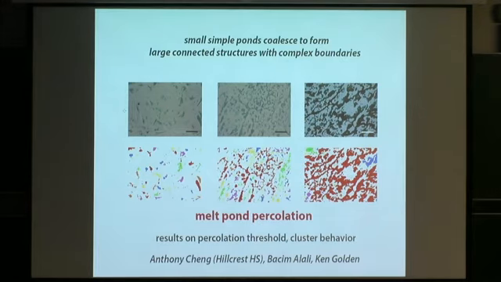Okay, we've come up with a lot of models for this. We have a lot of work going on this melt pond problem. There's a percolation problem: disconnected, just barely connected, really connected. We actually have a large project going on. This is part of an Office of Naval Research project looking at the percolation properties of this, and this is